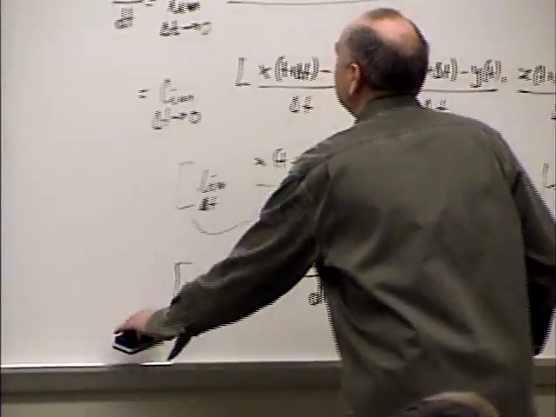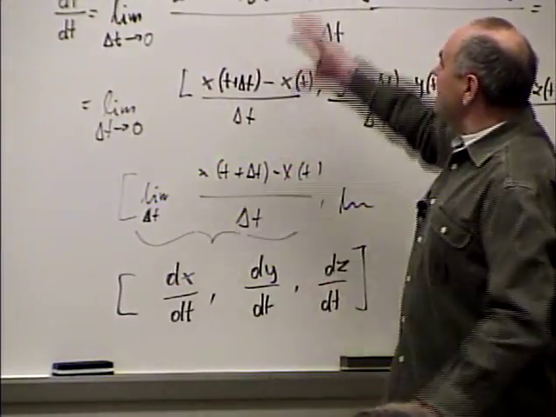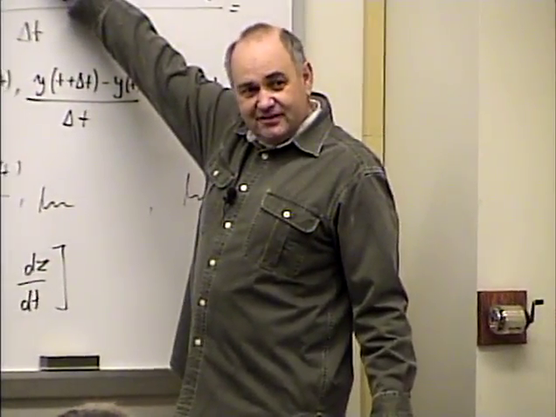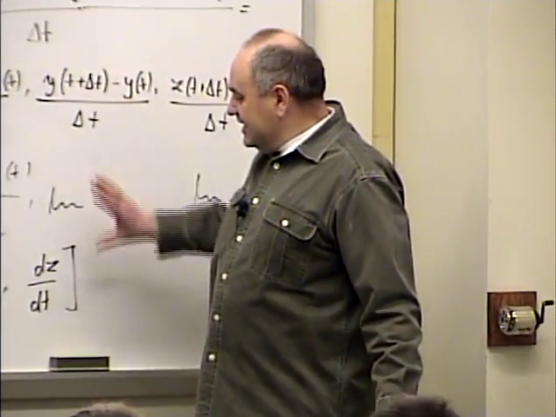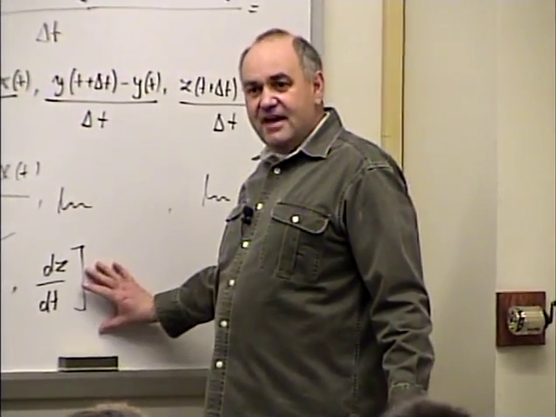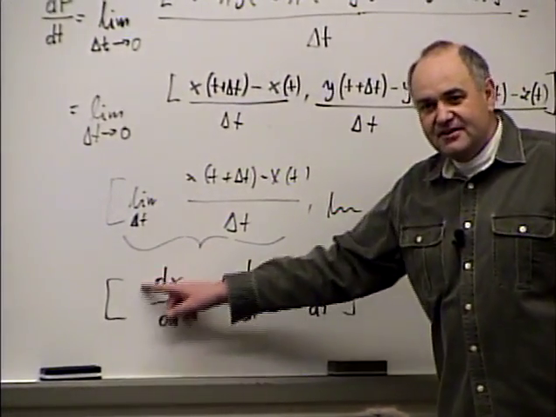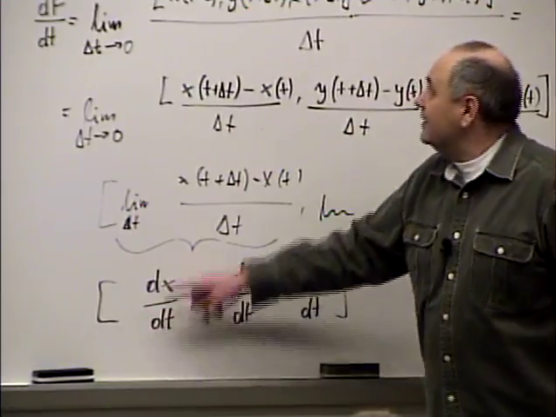Does this make sense? Okay, no. And now let me show it to you. When I take the derivative of a vector-valued function, I will get a vector whose components are derivatives of components